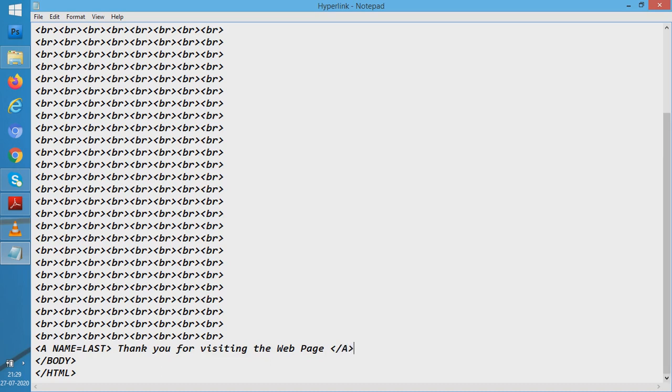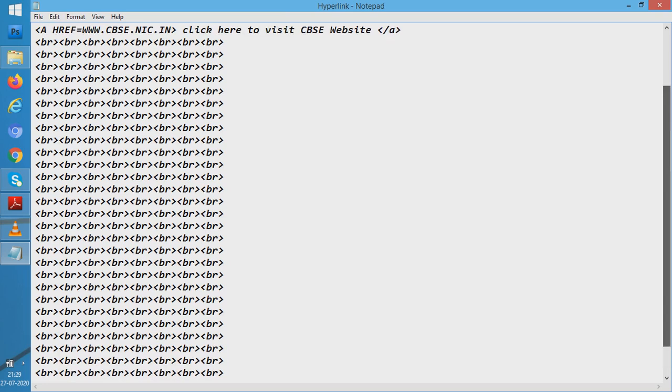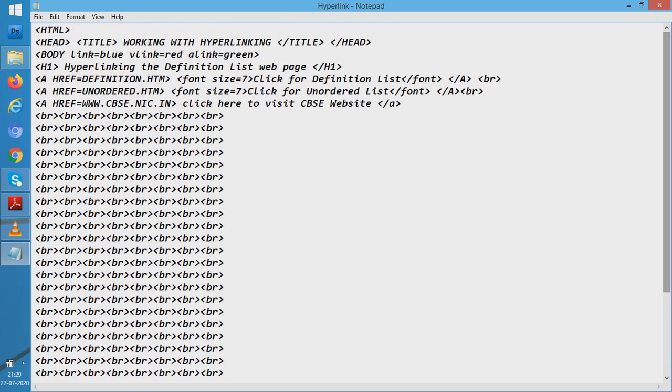Now if the name is last, what we'll do is, I'll come at the top and somewhere here I'll write a href is equal to hash last. Hash means this last given word is not a simple word.